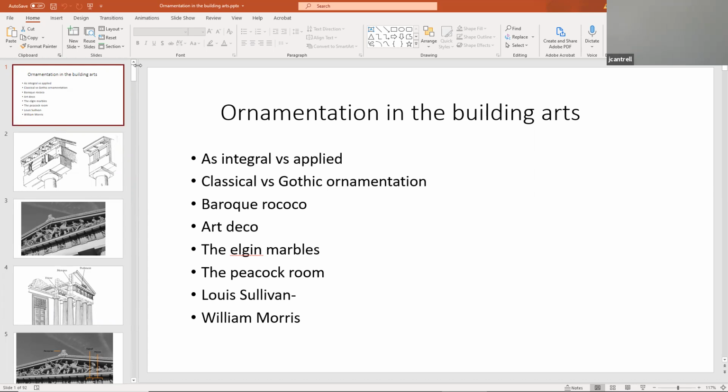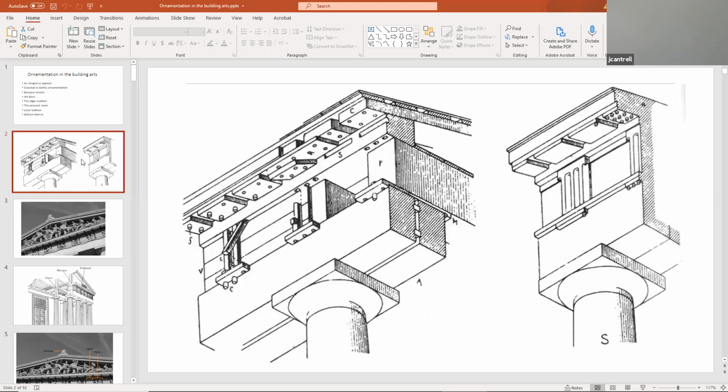Welcome back, everyone. We're going to be talking about ornamentation in the building arts. There are many different types, integral ornamentation versus applied. We're going to talk about classical versus Gothic ornamentation, then shifting from Baroque to Rococo, Art Deco, and some other buildings and details. Earlier in the class, we talked about the language of ornamentation based on the language